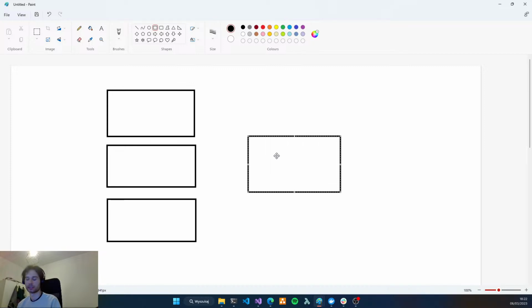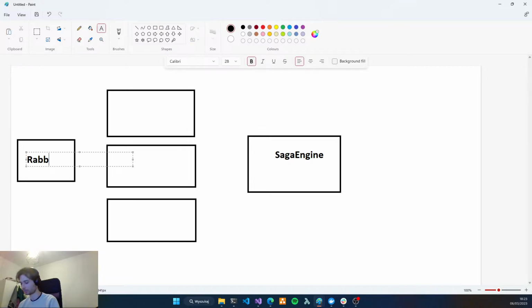Here we have a SAGA engine, and here we have our RabbitMQ.